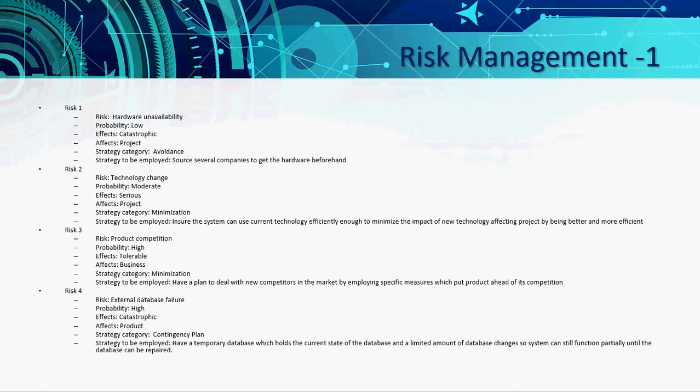where we have the strategy of sourcing several companies to get hardware beforehand. We have product competition, where the probability is very high and the effects are very tolerable, but it affects businesses, so we have chosen minimization. We have a plan to deal with new competitors in the market by employing specific measures which put our product ahead